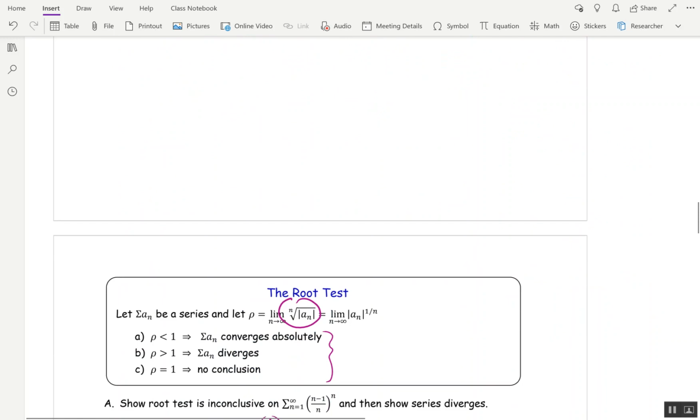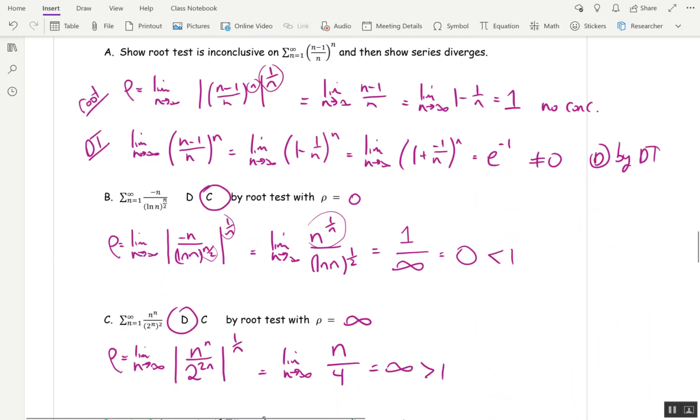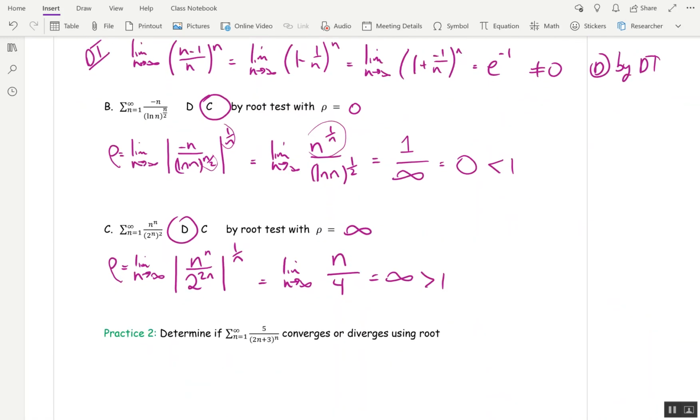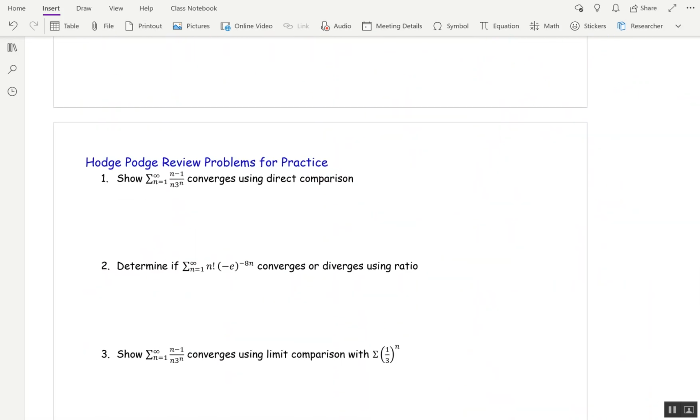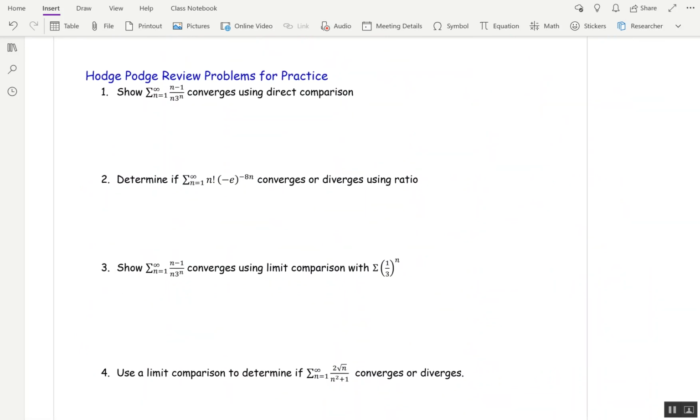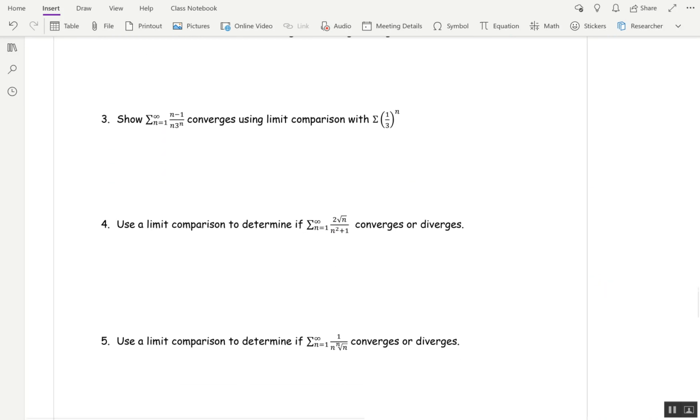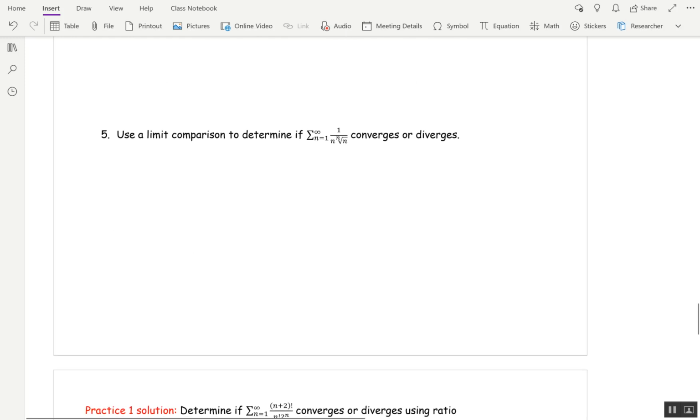All right, so that's the end of this lecture. I hope it wasn't too long. I have nothing here that tells me how long I've been going. Here are some hodgepodge problems of using all different types of tests, and do those at your leisure, and the solutions are at the end. So I will see you for the next